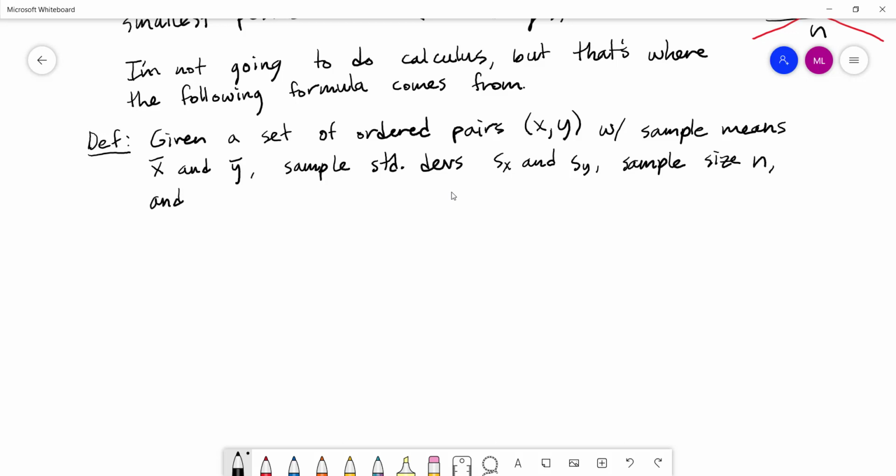And let's say we've already computed the correlation coefficient, r,